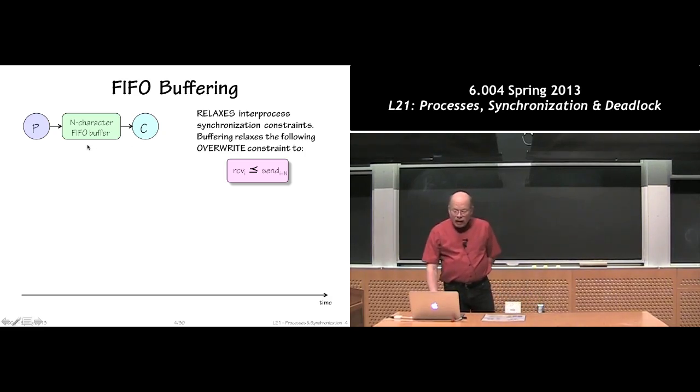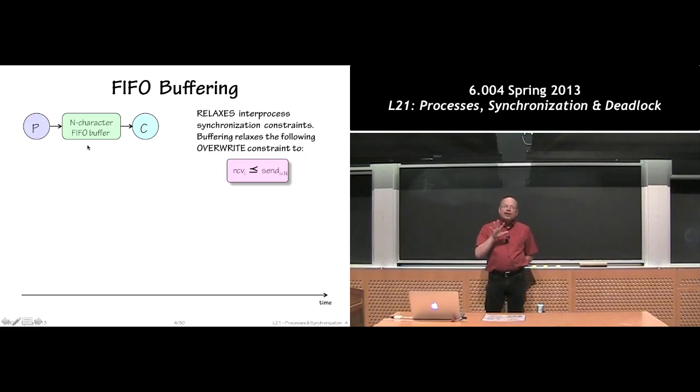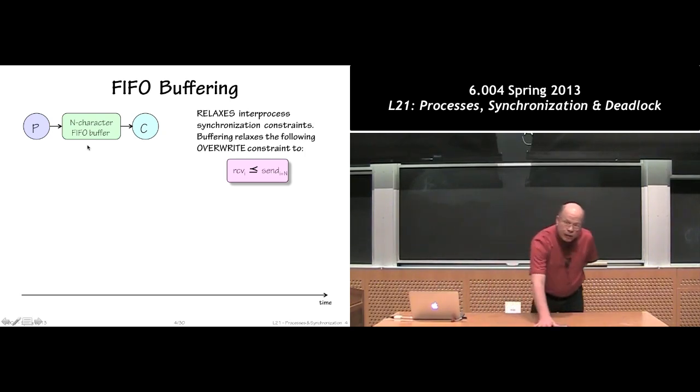And by putting in this FIFO buffer between the producer and the consumer, we will allow the producer to get up to n characters ahead of the consumption. So if we had an n character buffer here on the table between me, the producer, and you, the consumer, I could put the first character there, and whereas before I had to wait for you to consume it because there's only room for one in the buffer, now there's room for n characters in the buffer. So I can go ahead and produce the second character and the third character, and so forth, up to n, and at that point I have to stop because I filled up the buffer, but it allows some elasticity between